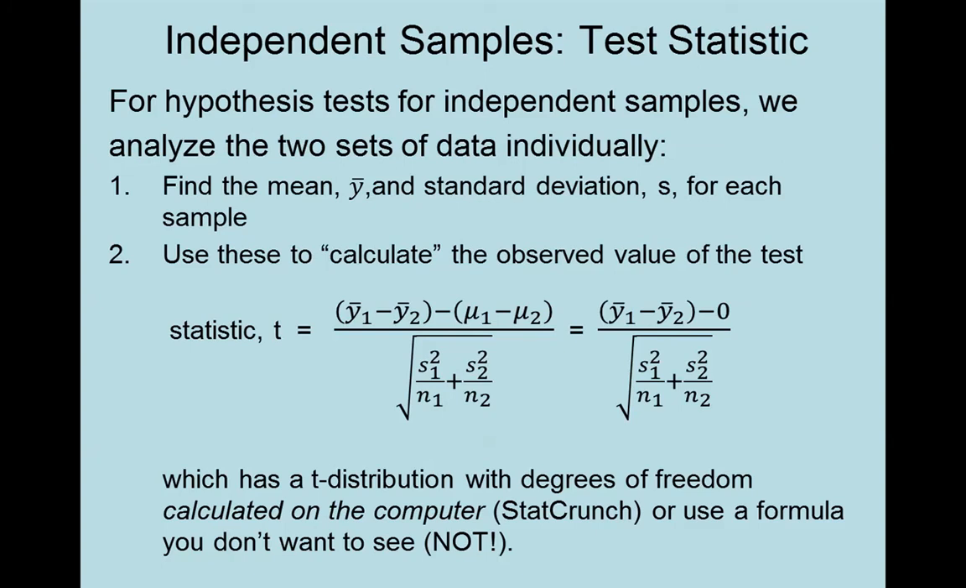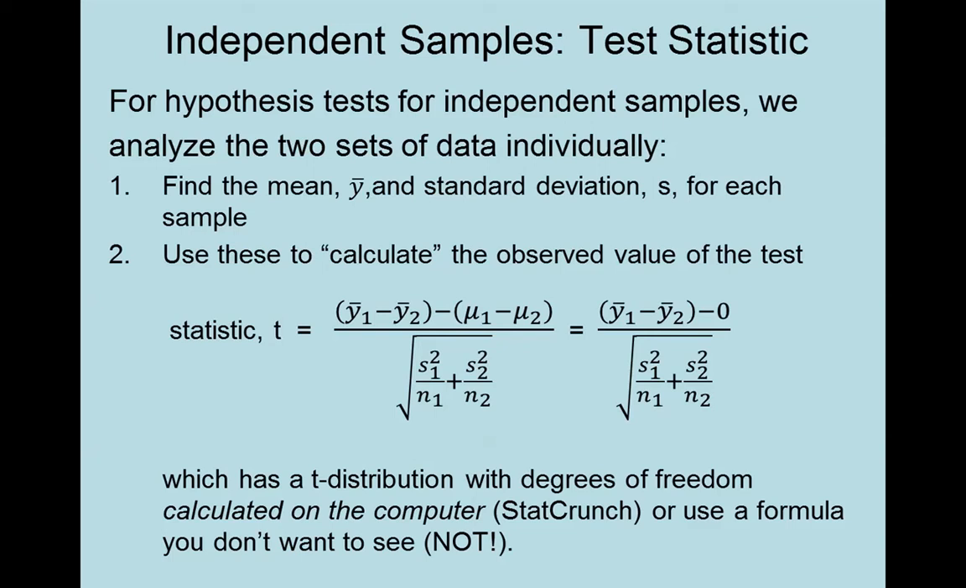For hypothesis testing from independent samples, we analyze the two sets of data individually and then pull the information together. So the first step would be to find the mean, y bar, and the standard deviation, s, for each of the two samples. Then you use these to calculate the observed value of your test statistic, the t-score, which in the numerator will have the difference in the two sample means, y bar from the first sample minus y bar from the second sample,